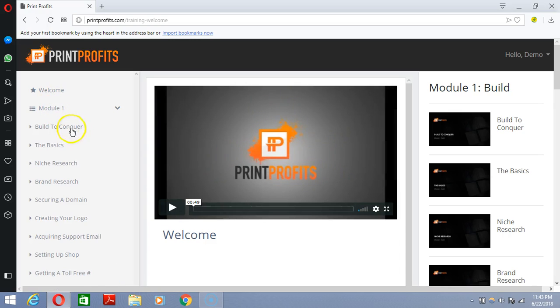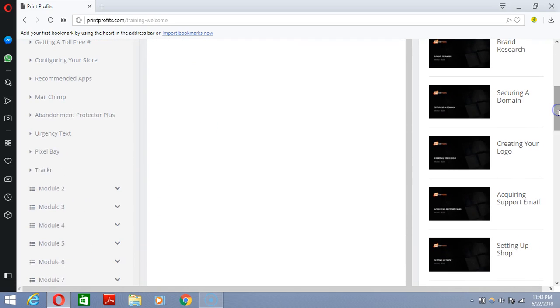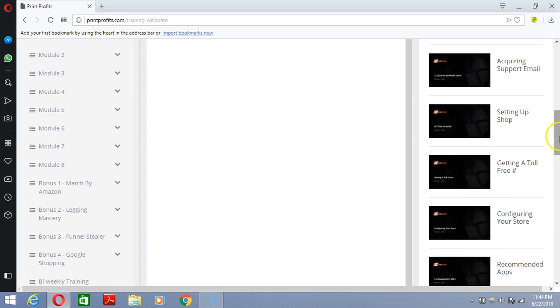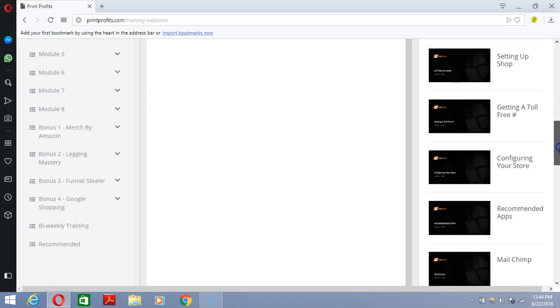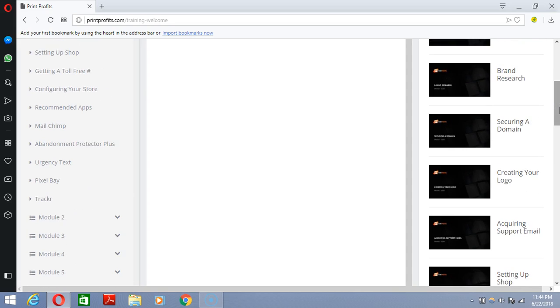In module 1, we have the basics: we have niche research, brand research, and securing a domain. As you can see from the left, we have creating your logo, acquiring email support, setting up shop, creating a store, configuring your store, recommended applications, and so on. These are what I'm going to learn in module 1.